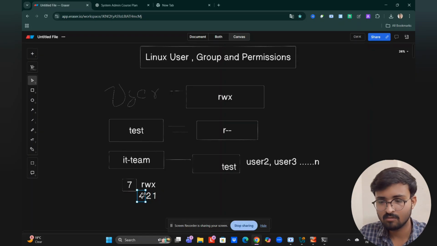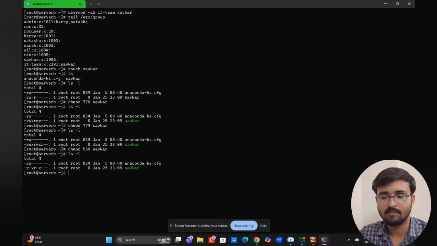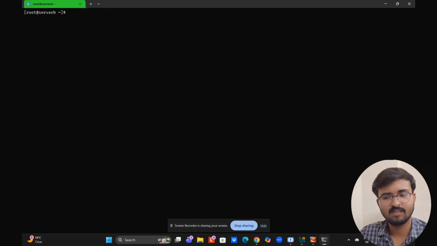So according to this rule you can also give permission like in alphabet form. This is how you can give permission to any files, folders and directories, whatever you have. This is the basics about permission, how you can give permission to any files and folders. And